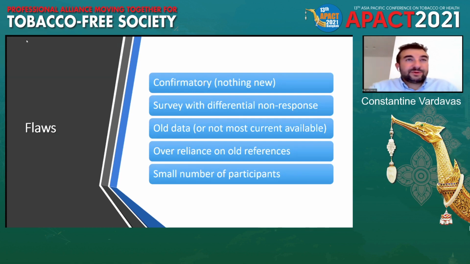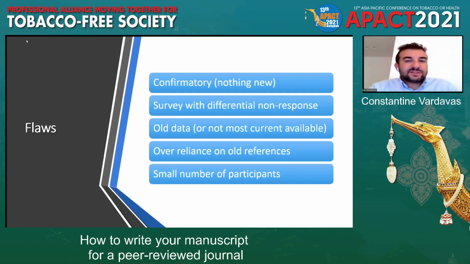Another important point, which is the drawback, is if the data is very old. So it's now 2021. If we were to have data that is, for instance, from 2010, 2012, 2015, some things may have changed. This is especially pertinent when we're looking at population-based measures. For instance, as I said, secondhand smoke, experimentation with novel tobacco products, experimentation with e-cigarettes, smoking cessation. These things change very rapidly every year or every time period.